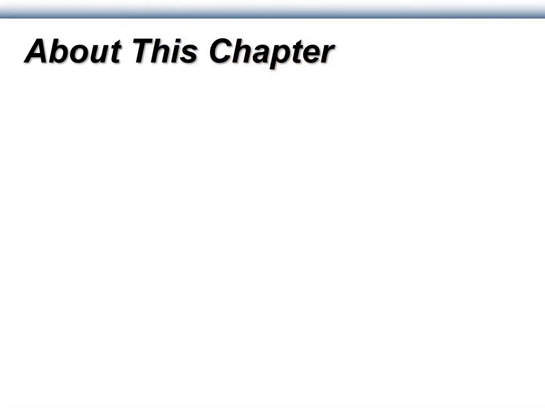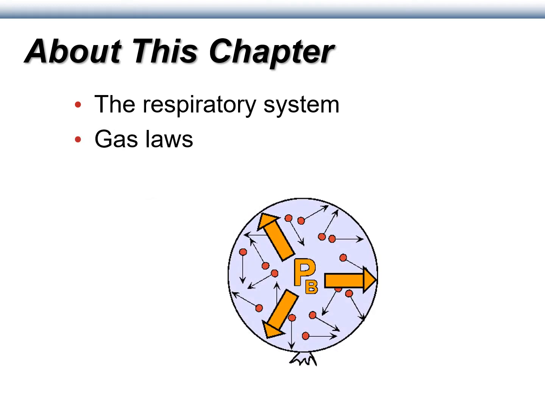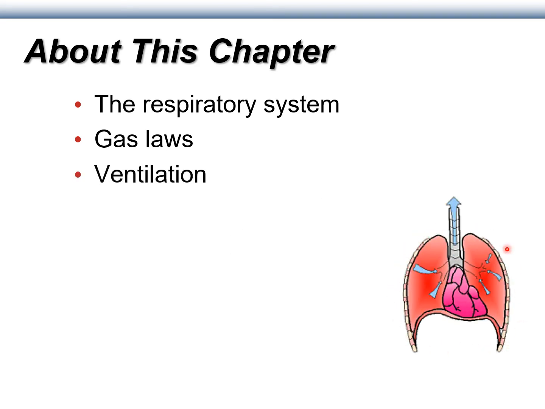So in this chapter, we're going to cover three main sections. We're going to do a little bit of anatomy, especially at the micro level of the respiratory system. We're going to put the phys into physiology yet again, talking about gas laws, trying to help make these laws accessible to you. I realize that gas laws and physics often feel relatively abstract. We're going to try to make it a little more real for you. And then lastly, the mechanics and the physics of ventilation, how we get air in, get air out, and potential